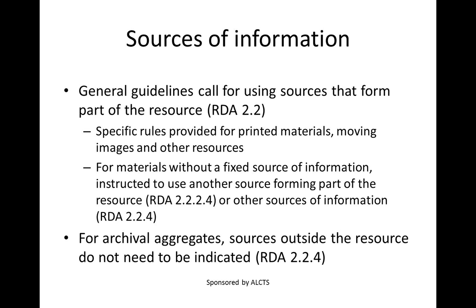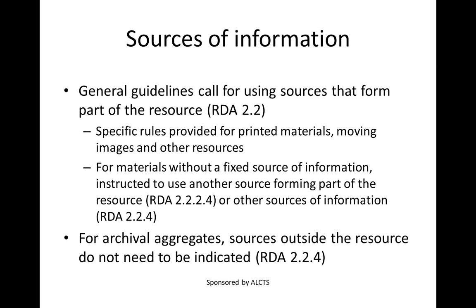Before looking at the individual elements, it might be worth stating that when describing archival materials, you'll be able to take your information from a broader range of sources than from more traditional cataloging. Archival aggregates are generally not self-identifying in the same way as printed materials with title pages, dust jackets, and colophons. Instead, most of the descriptive elements are supplied by the cataloger based on a review of the materials themselves, or from inventories or other transfer documentation.